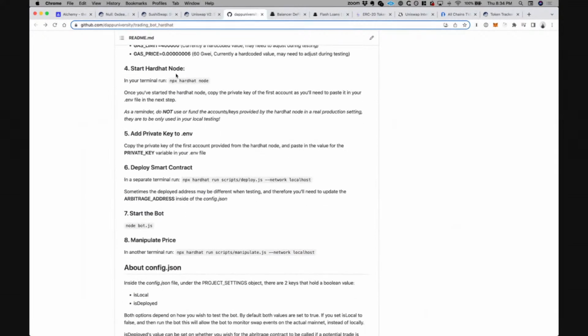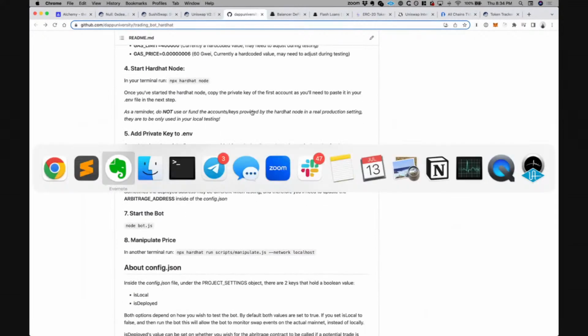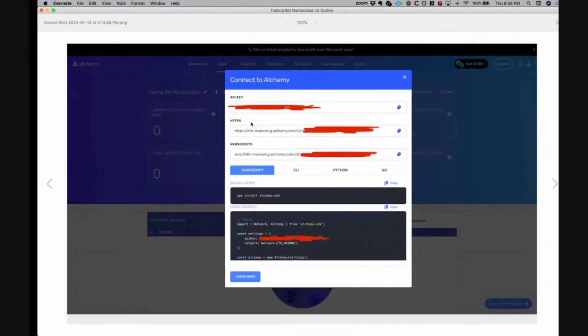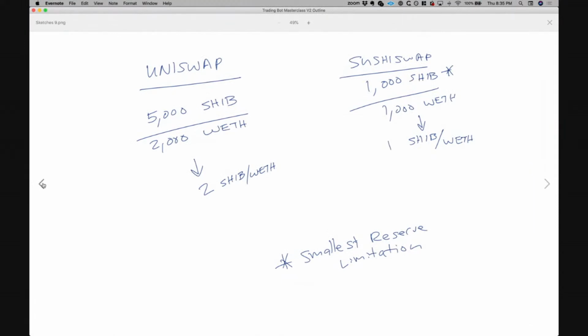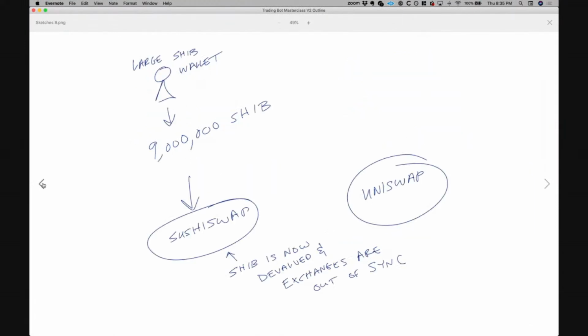So the next step we're going to do is start our Hardhat blockchain. So before I was kind of showing you this diagram about how we have our